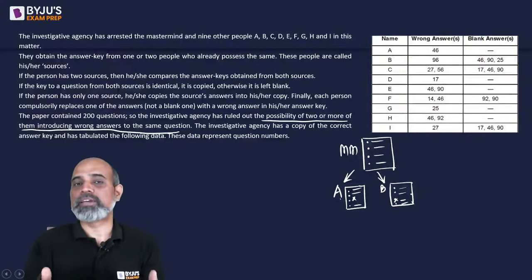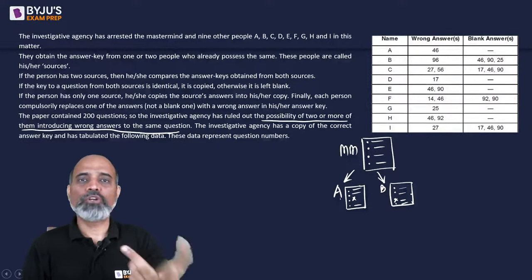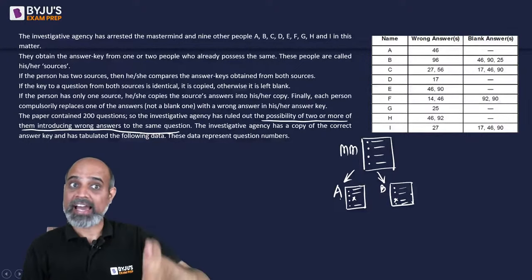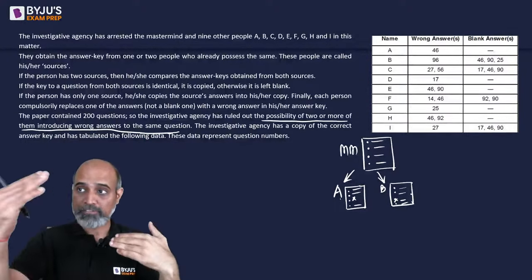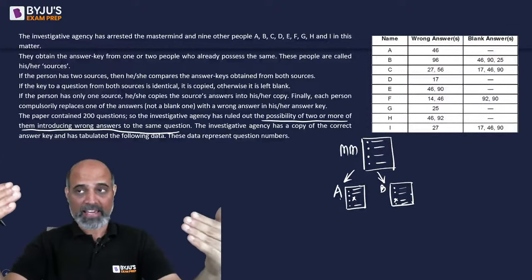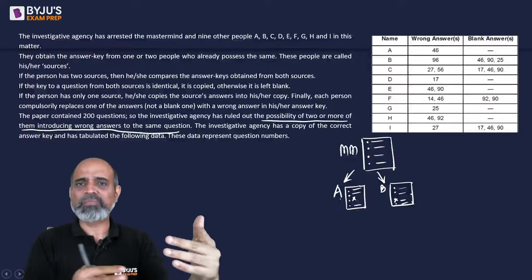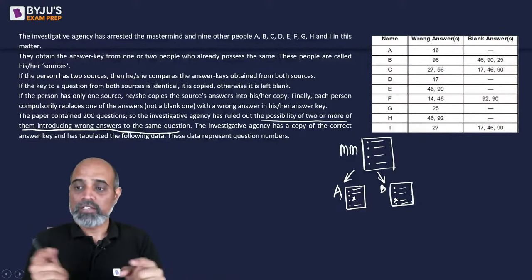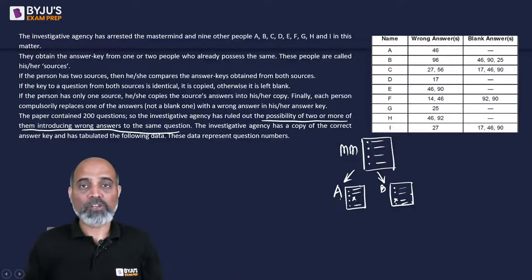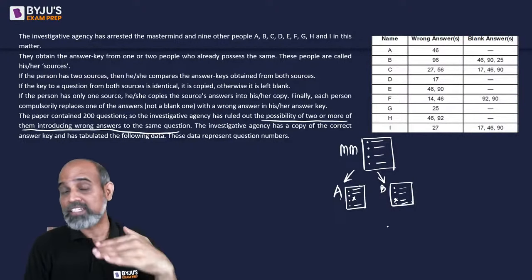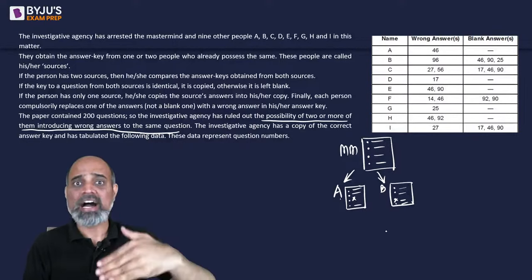ठीक है? So if I look at A and B, can I say for both A and B, all the answers are going to be same? Only one answer is going to be different. केवल एक गलत होगा. गलत होगा मतलब if we match it with the actual answer key which the mastermind has, and if you compare mastermind का answer key and एक answer key, first का same, second का same, third का same, and random, let's say 35th question का गलत answer, and remaining will be same. So can we say in such cases who is at first level from mastermind,